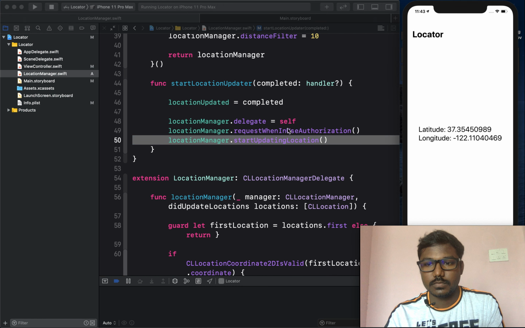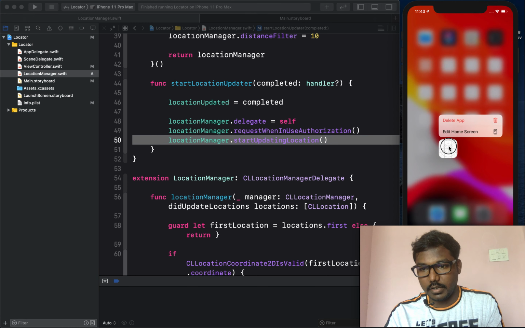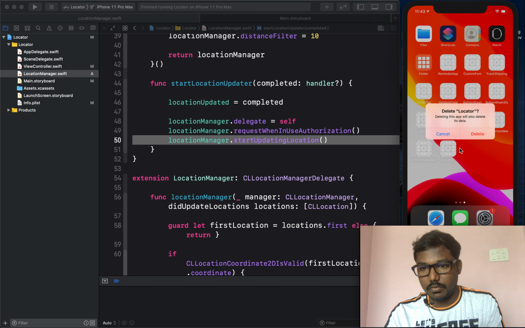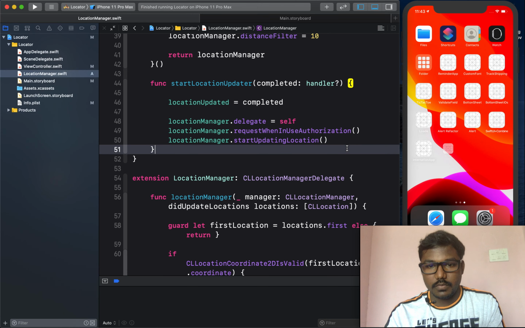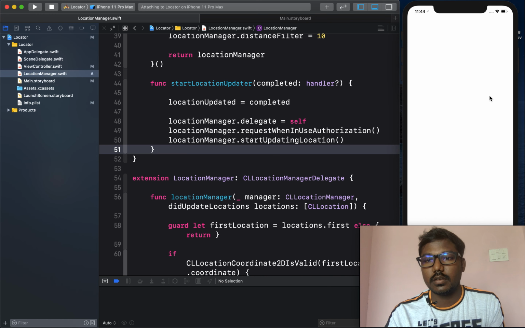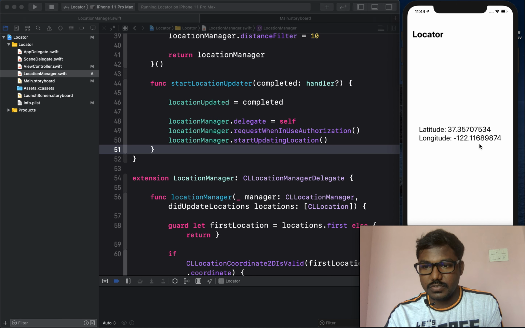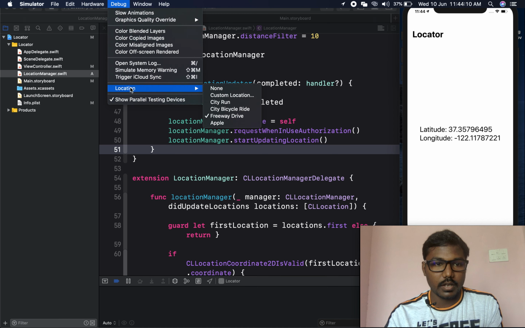Now the current location is being fetched. I kill my project and delete it again. We have to get my current location with some user permission. Now the current location loads based on the free ride option.